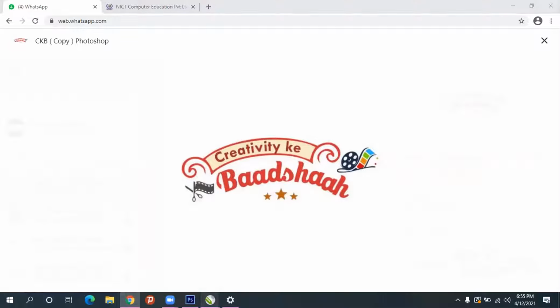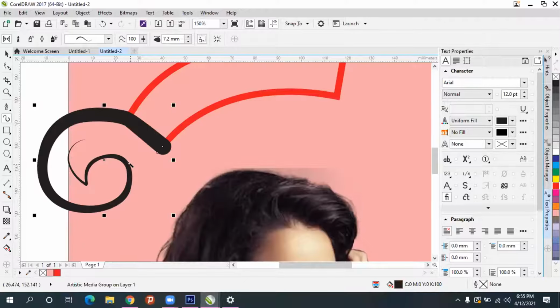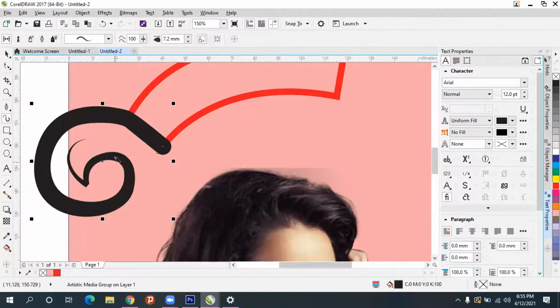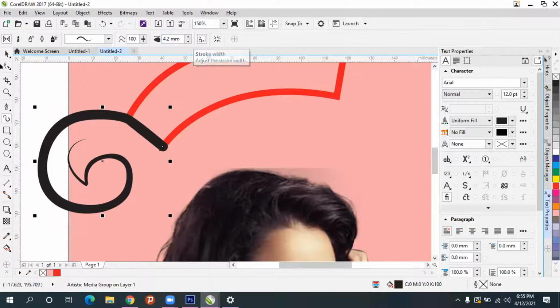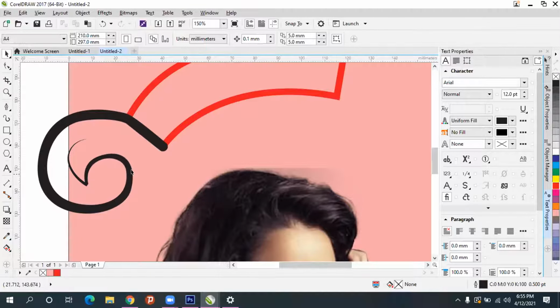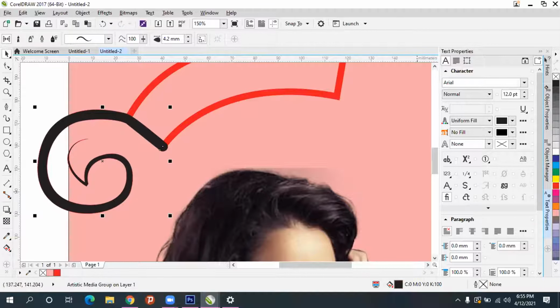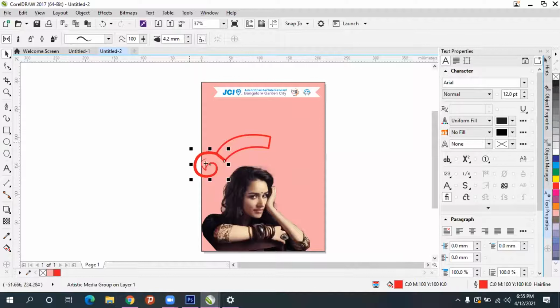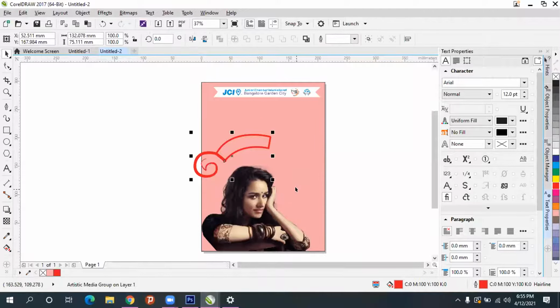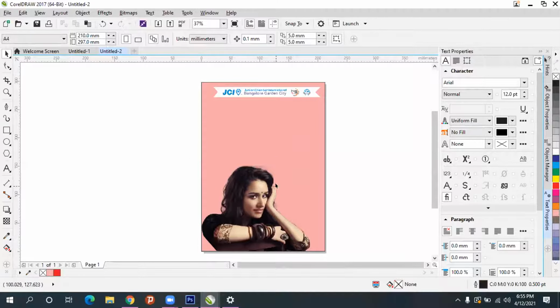Sir, after creating the shape, when we choose the artistic brush, that shape itself will take that tool's properties. Yes, automatically it'll choose. Got it? Yes, and reduce the thickness as you like. Okay, so. And this only you can do, mirror and keep it on the other side. And what else?